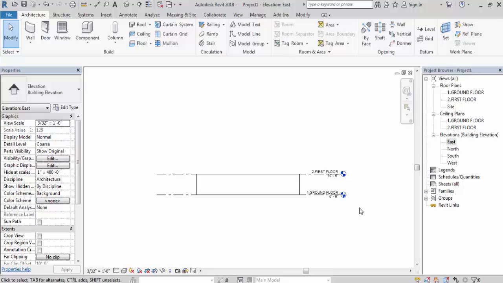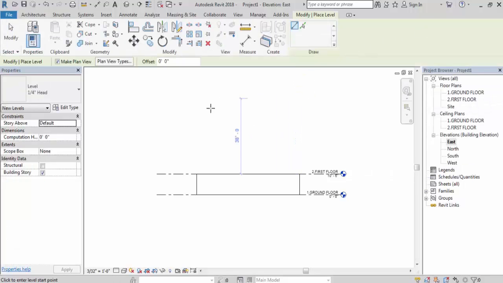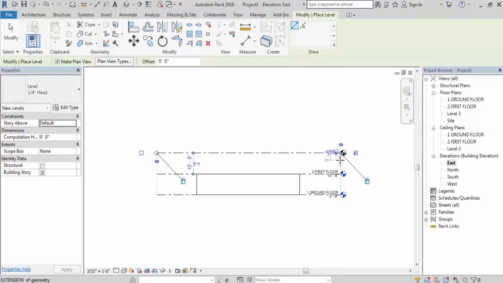Now here you can also create new labels. So this is new label, shortcut key double L. So click on this new label. Now you can see, take the cursor to here. You can see the extension line here. Now height also coming. You can specify height here. Now here I will take 10 feet and 6 inch. Now click here and take the line to this point, and this is the extension line, dotted line you can see on this side, and click here.